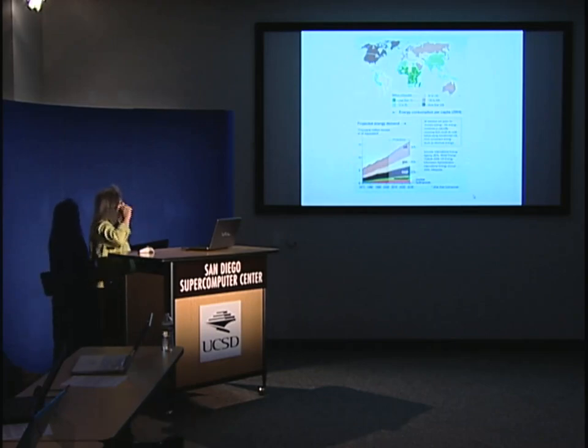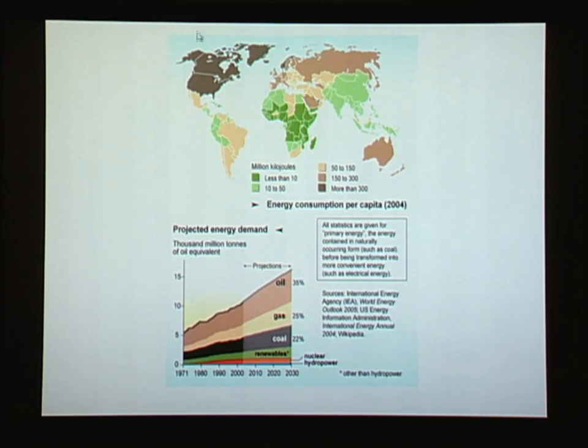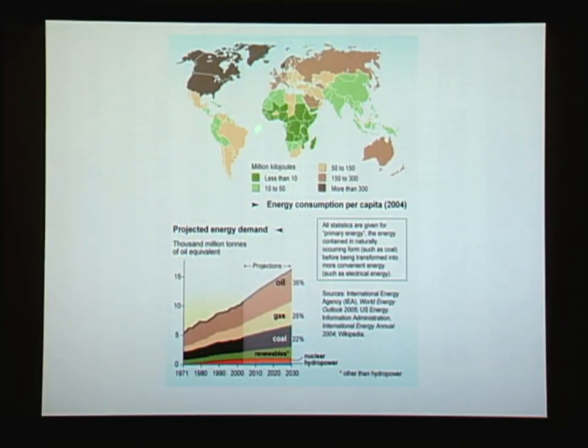And then the other important factor is per capita, or per person, where does the energy get used? Millions of kilojoules, well, the highest usage is over here, and low usage is over there. So for people in the world to actually have decent standards of living, it's going to require energy usage in lots of places around the world to bring people's lives up to a good level.